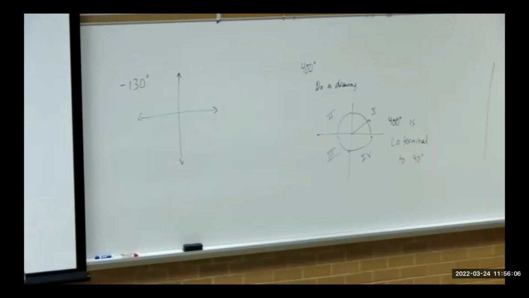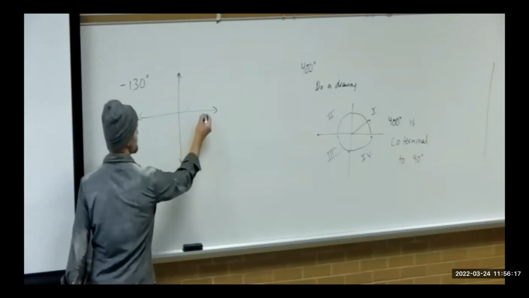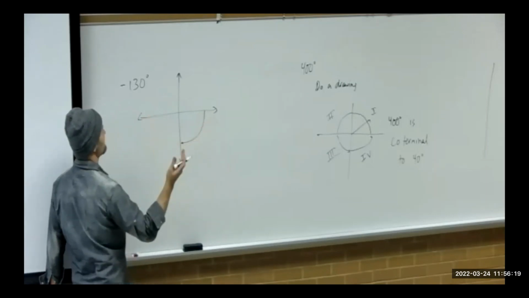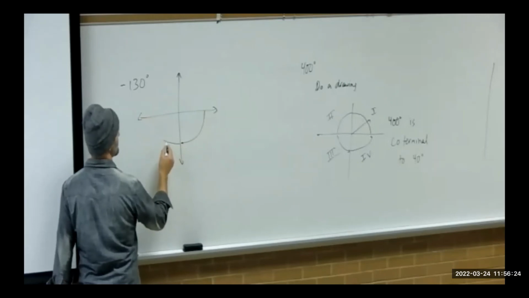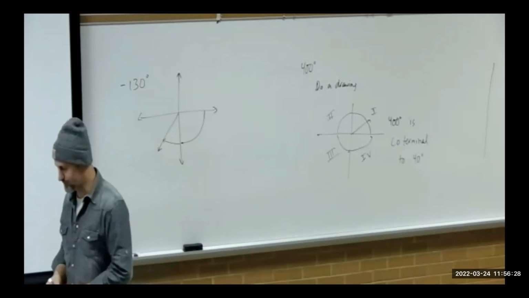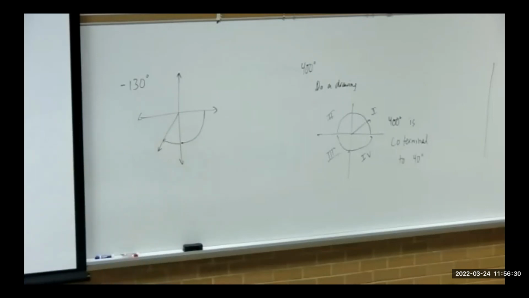What do you think? What quadrant should we be in? 3, quadrant 3. Quadrant 3, good. Because we went this way, 90 degrees, we still have another 40 degrees to go. Apparently I really like 40 degrees. So we end up here, again, a little bit south of the halfway point, right? We didn't get to 45. So we're sitting down there, that's quadrant 3. That's a negative 130 degree